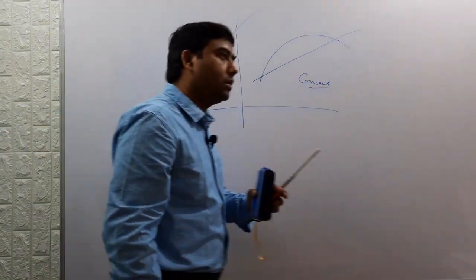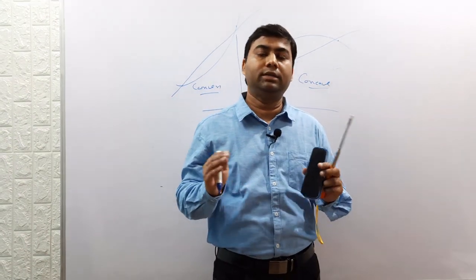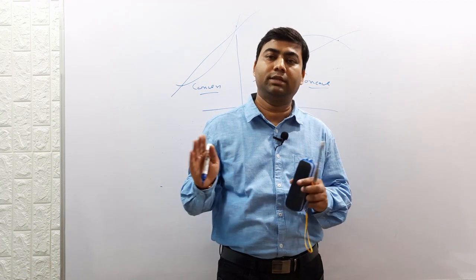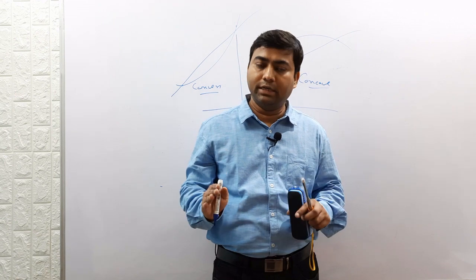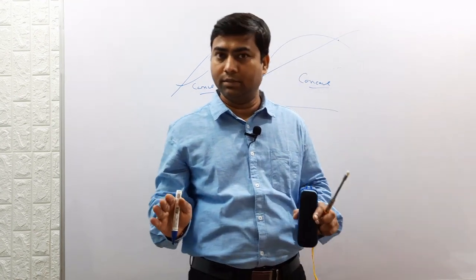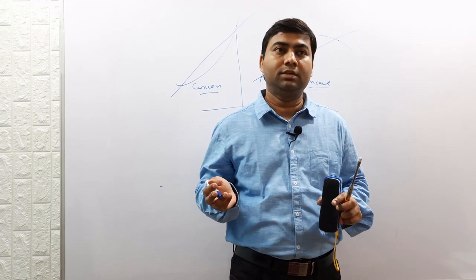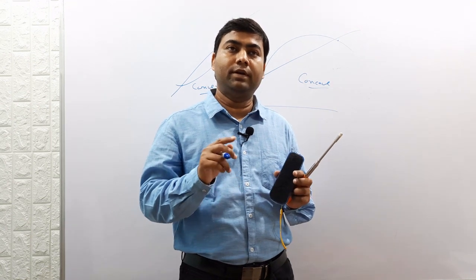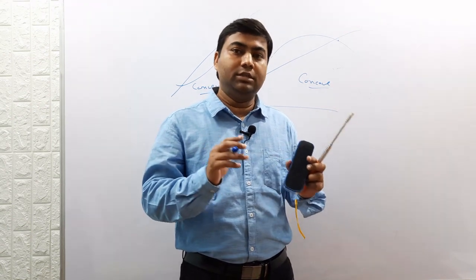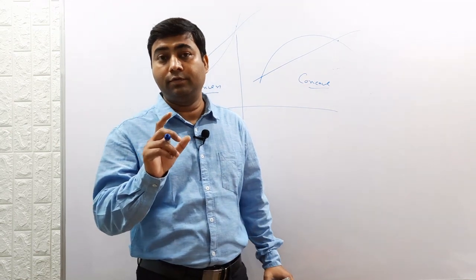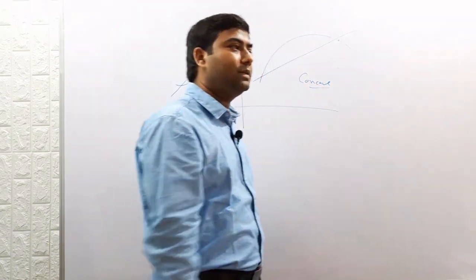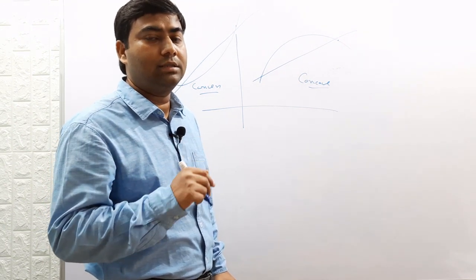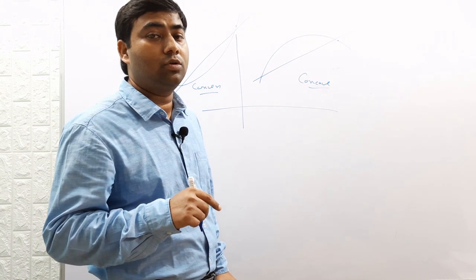First derivative is used to find increasing and decreasing function. If the first derivative is positive at a point, at that point the function is increasing. If the first derivative is negative at a point, at that point the function is decreasing. The trend of sign change gives the idea about maxima or minima. The exact sign gives the idea about an increasing or decreasing function. That is about the first derivative. Similarly, the second derivative gives us whether the function is maxima or minima. Other than that, it also tells us whether the function is concave or convex.